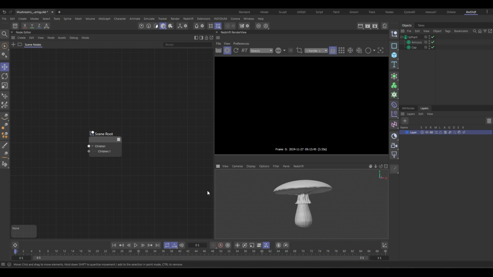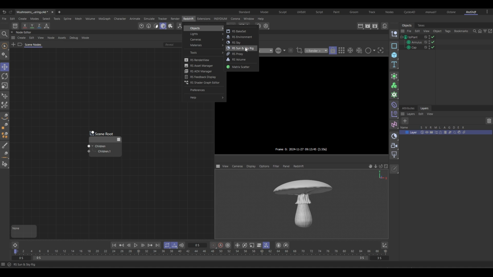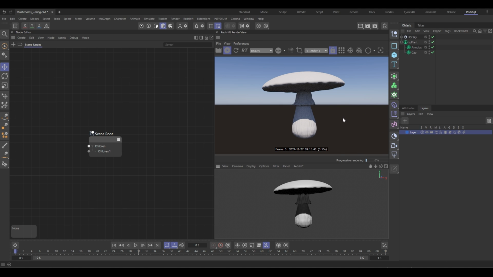Okay, so here we are inside of Redshift, and we've got the render view playing, but there's no lights in the scene, and I've also turned it off on the globals. So what we're going to do is go to the render menu, and we'll drop in a Redshift sky rig, just so we've got some lights in the scene, and we can adjust the lighting, just get some shadows and something like that. And we'll also put an HDRI in there, but let's first get something to bounce the light